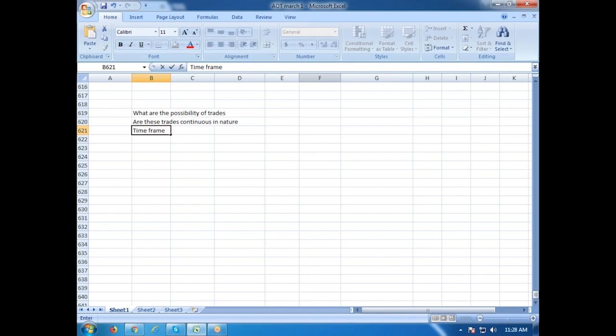Time frame for each trade, scalability, and capital scalability of trades, capital required, and returns generated. These are some of the things that you should seek answers to. You should ask these questions to yourself, and